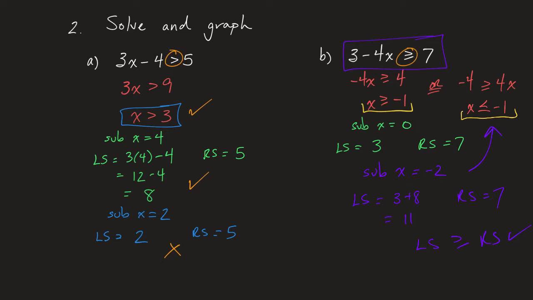I still don't know for certain until I check the opposite case. So now I'm going to sub in my easiest value that doesn't work, x equals 0, and you can already see that we've done that in green. We can see that x equals 0 doesn't make it work,